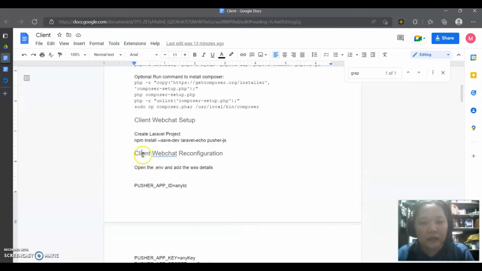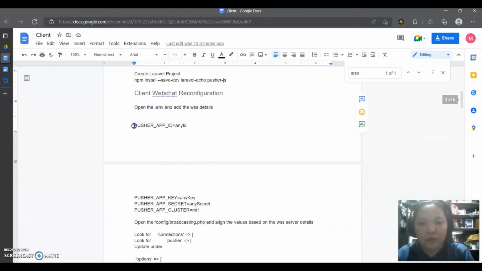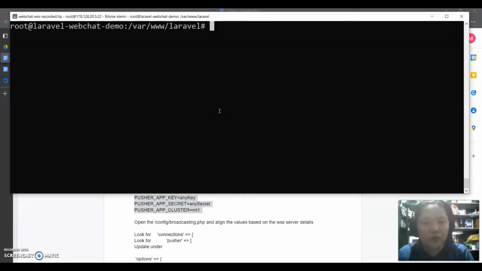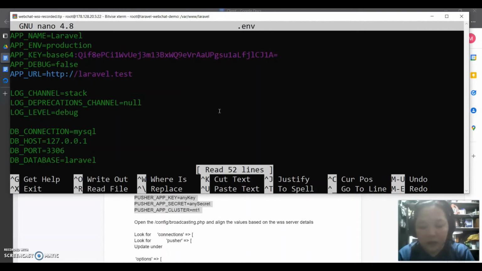And then for the reconfiguration, let us open the .env file. We will update these credentials to match what we have configured with our WSS service. Okay, so we go to nano .env, and then